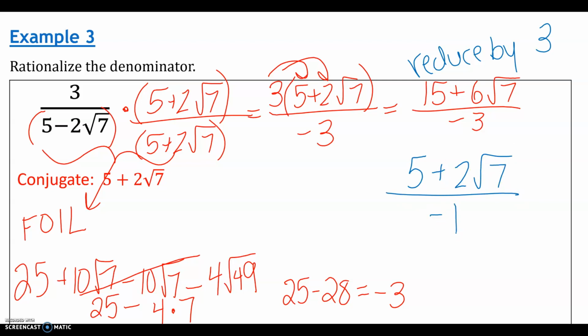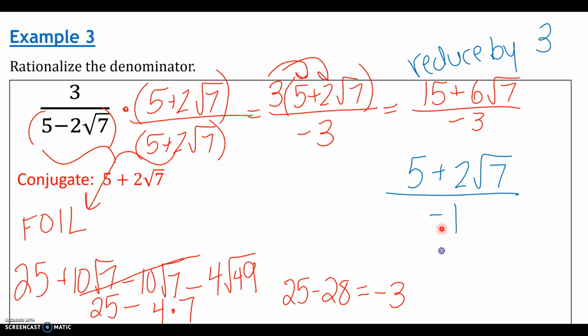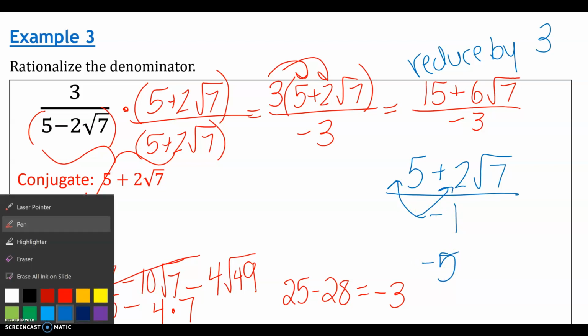Now, technically that is correct. But if you were to put that in Big Ideas, it could mark it wrong, because usually you never have a denominator that has a negative. Usually you just see a 1. So technically we need to actually fix this. So I'm going to bring this negative up here, bring that negative up there. So my final answer would be negative 5